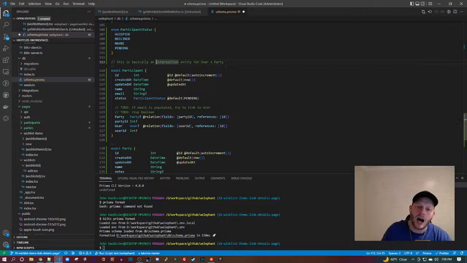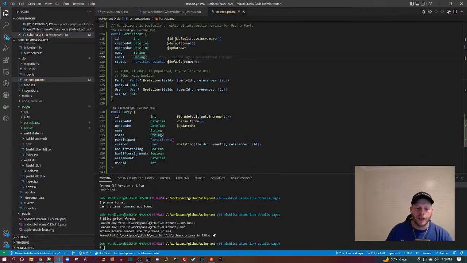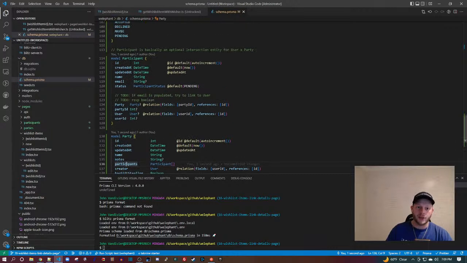This is an optional intersection entity for user times by party. Does that make sense? I'll specify participant is basically an optional intersection entity. Okay. So here, party has participants, and then the participant is both a participant of a user and a participant of a party.